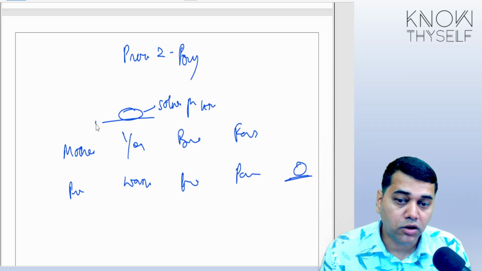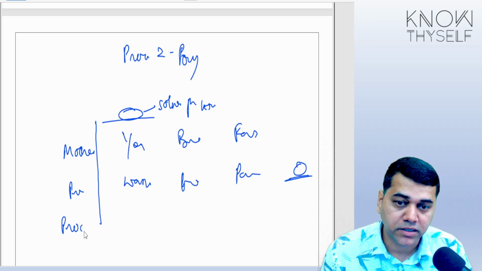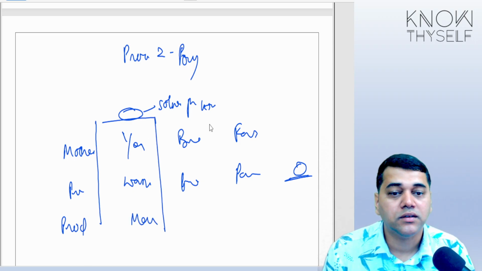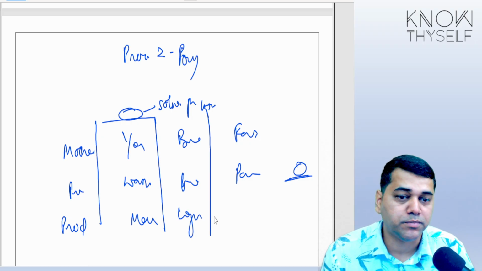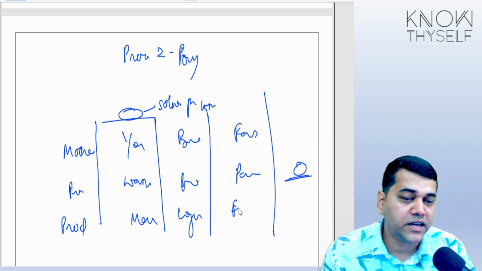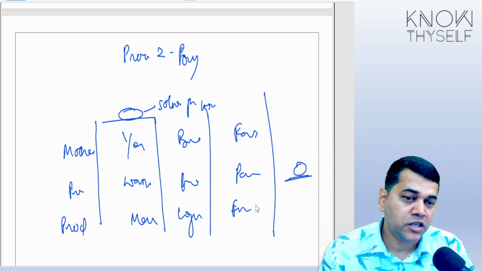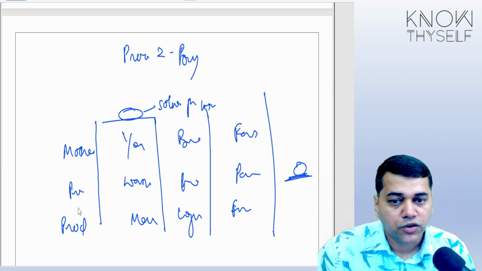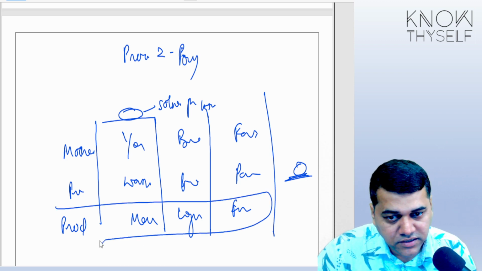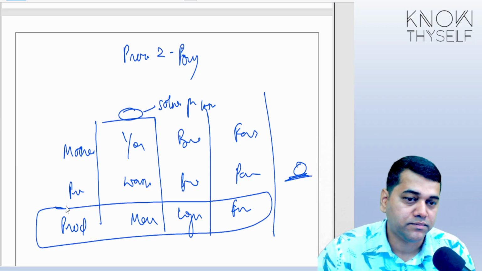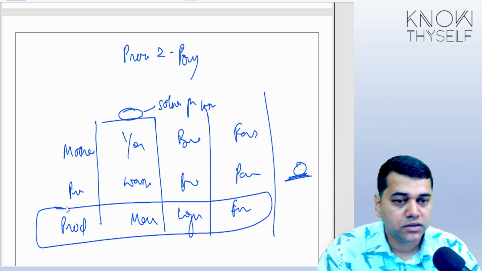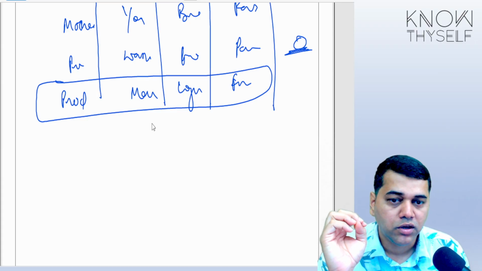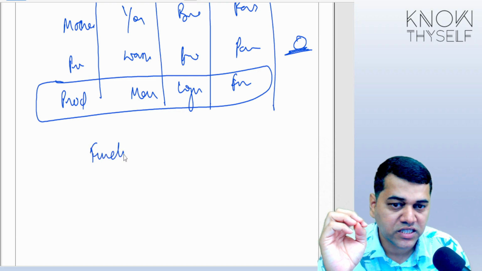So I can call this like a production department. This is more like a maintenance department. This is more like a logistics department. This is more like a finance department. Now, if you see, if a problem has to be solved, 4 departments worked together. You got this point? Now, you need to have a very basic clarification about what is a function and what is a business process.